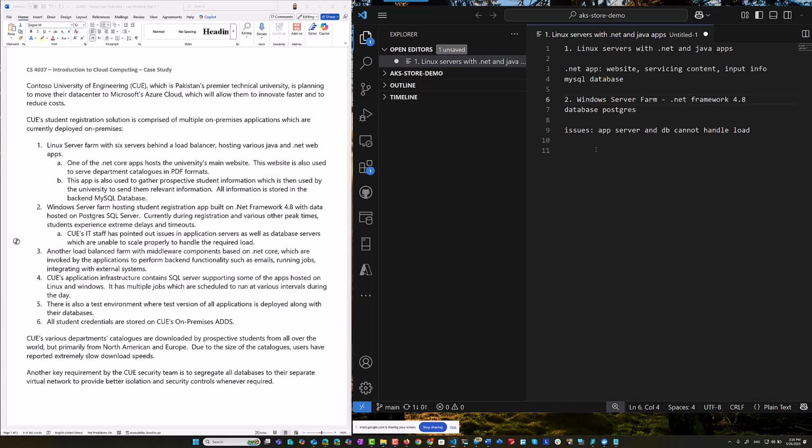This one is now point number 3: load balancers farm with middleware components based on .NET Core, which are invoked by the application. So you have a third farm,